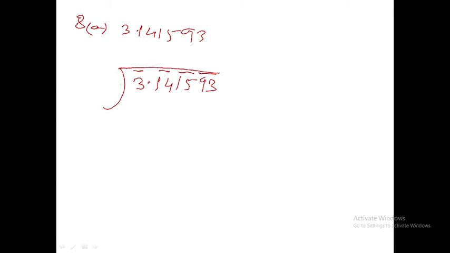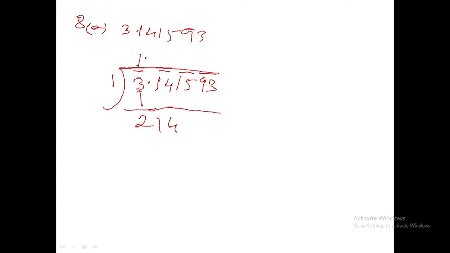Now we shall see before the decimal what number is there, 3. In 3, what square number is there? 1 1 ja 1. I cannot take more than this because 2 2 ja will be 4, more than 3. Now subtract 1 from 3, what we get, 2. Now our next pair is 14, that is after the decimal, so you shift the decimal in the quotient. Then you take down 14. So our number is 214.